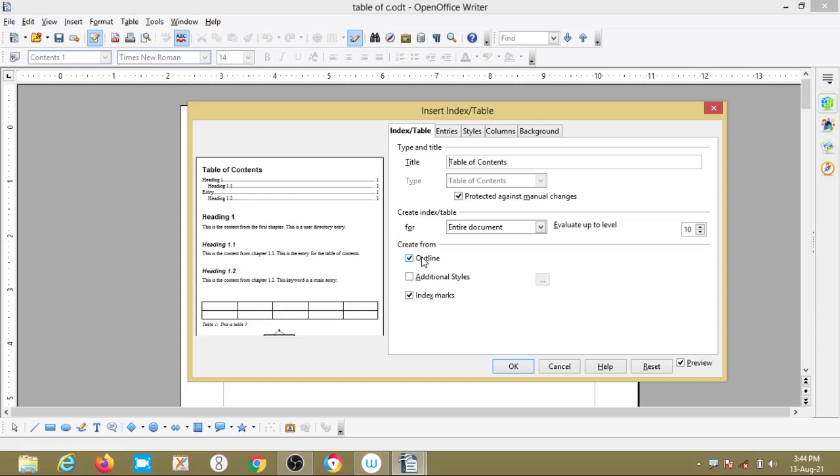I already told about the entries, right. So entries, it is used to format the entries of the table of contents index, okay.